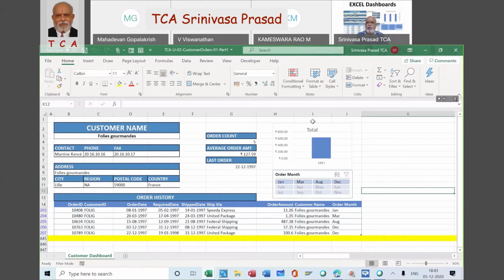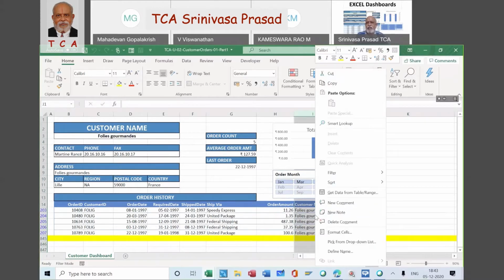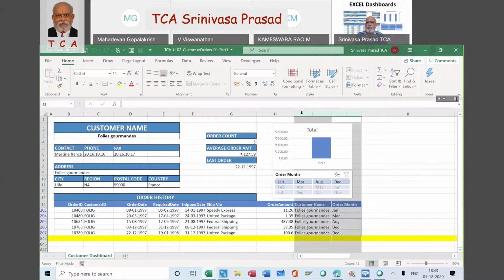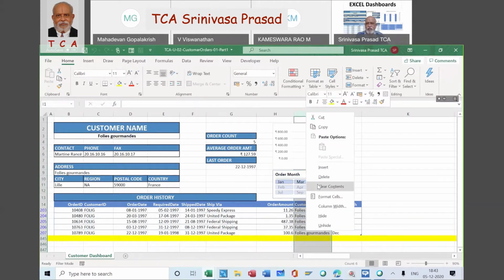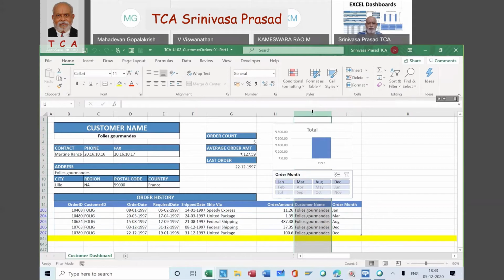For hiding, I select this column, press control and take the J column. Then right click, and I get hide. Can I hide now? So we will take both columns and try to hide.